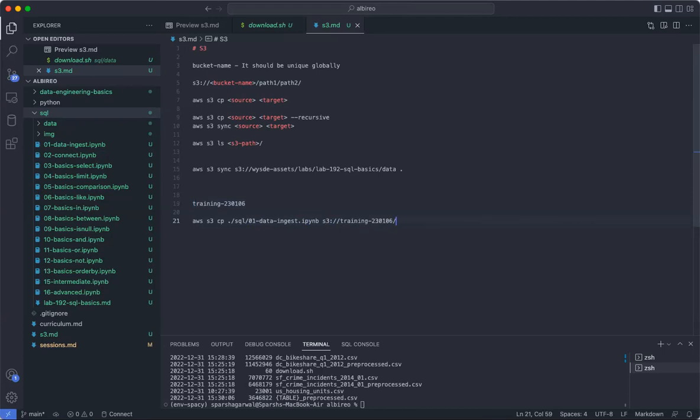So let's say I want to put our file inside notebooks folder, and it will automatically create the folders. Whatever folder we create here, it will automatically create during upload. So notebooks folder we are creating, and inside this we are saying data ingest. So you can see also that not only the folder creation, but also renaming. From the source we are also renaming our file, so that is also possible. We can rename our file. So let's run this command,